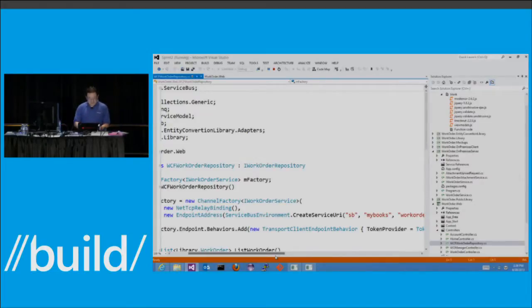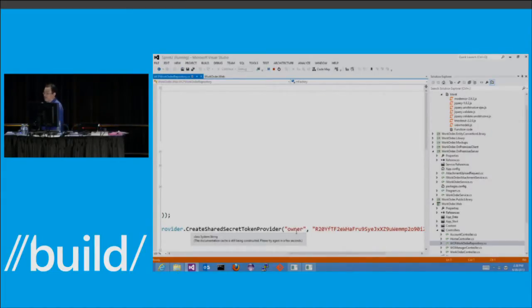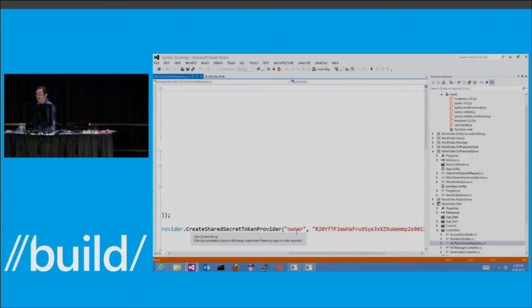And in this case, I'm actually using a fixed user ID and a password to authenticate with service bus. So this is not really a valid scenario because what I want to use is my user information from Active Directory, and I will pass that through to my backend service. So this is a very typical scenario that you have a front end, which is protected by some kind of mechanism, but you want to carry that security context all the way through different layers to your backend service.